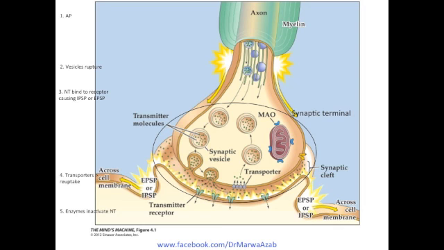And then the neurotransmitter detaches from the receptor, but it can't just remain in the synaptic cleft. Otherwise, it will keep activating the receptor. Okay? So we have to get rid of this neurotransmitter, and there are a couple of methods to get rid of it. One, you can have an enzyme that degrades the neurotransmitter into inactive parts,